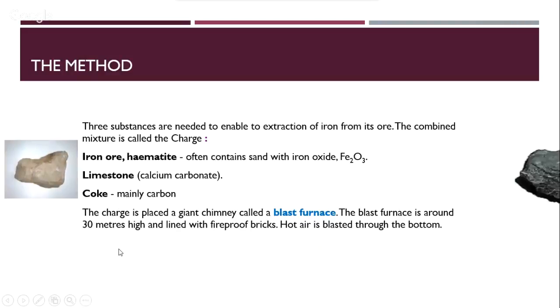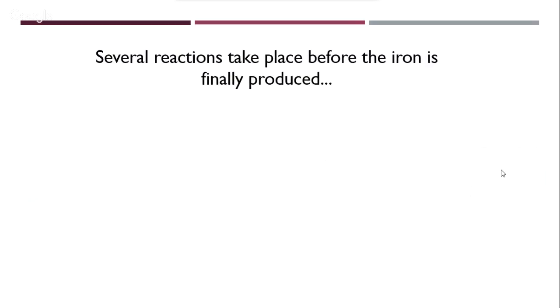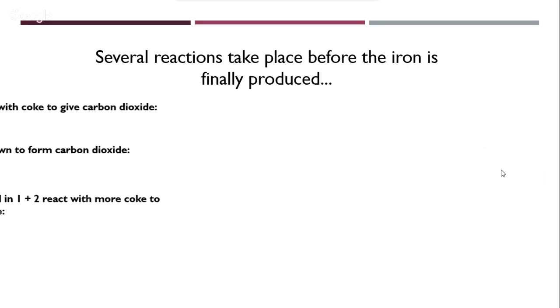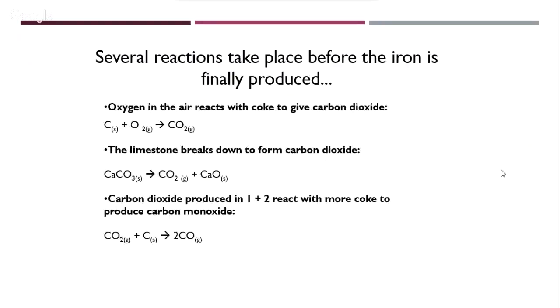Now coming back to this, this is hematite, and I've shown on the left how hematite looks, and on the right how the metal really comes out. So this is how iron really comes out. Now, what are the reactions that really take place in this process? Some of the reactions I have outlined here, basically the oxygen and carbon,